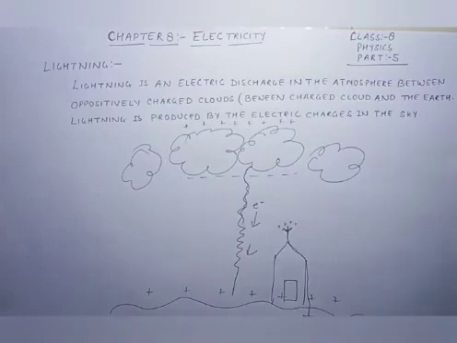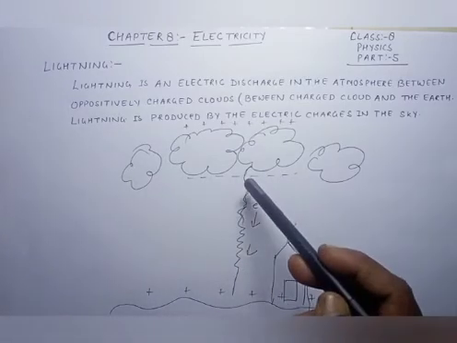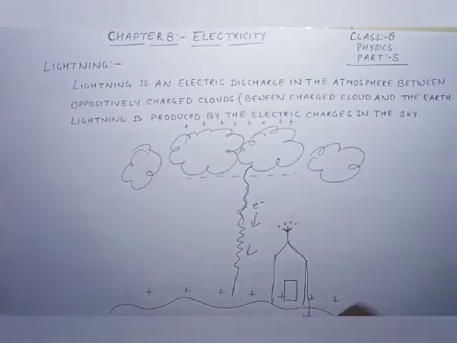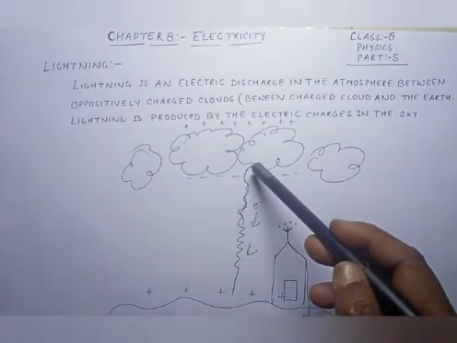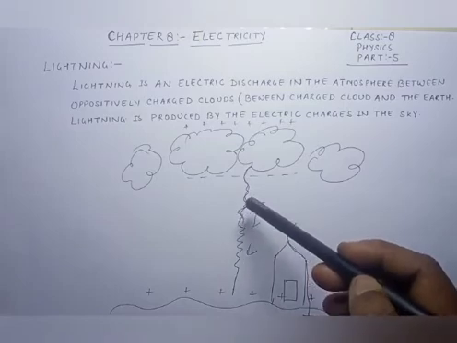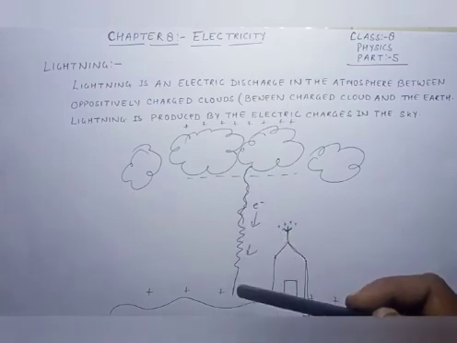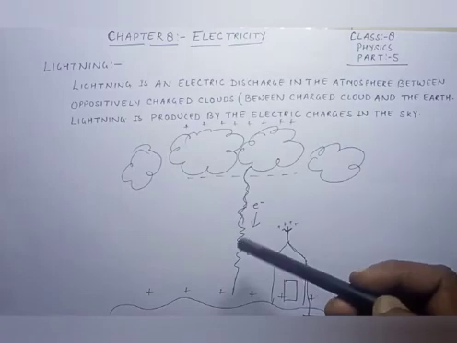Now as we all know, our earth is a huge sink of charges. So there is a positive charge above the earth. So when these negative charge and positive charge attract each other, the electrons tremendously, at high speed, come down. As the electrons move towards the earth, in this case we can see lightning or thunder.